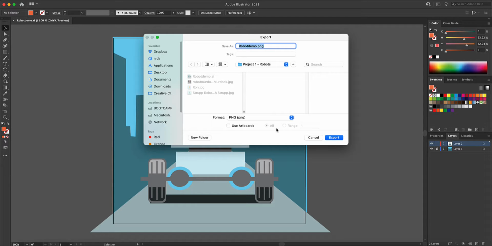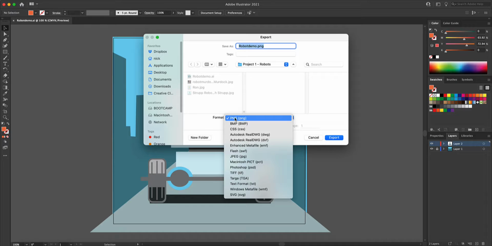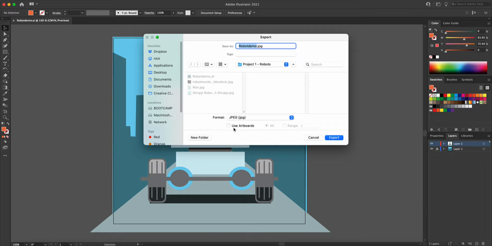We have where we're saving it to. You can change the format here. So PNG. Sometimes I think PNGs work pretty well for this. I'm not sure if Canvas lets you embed PNGs. I'm not sure, but I'm just going to have you do them as JPEGs. And then